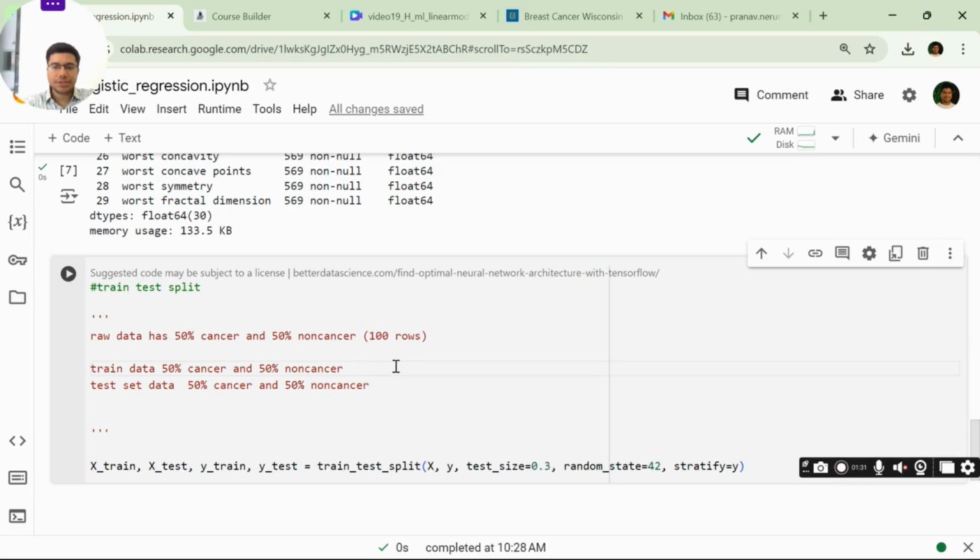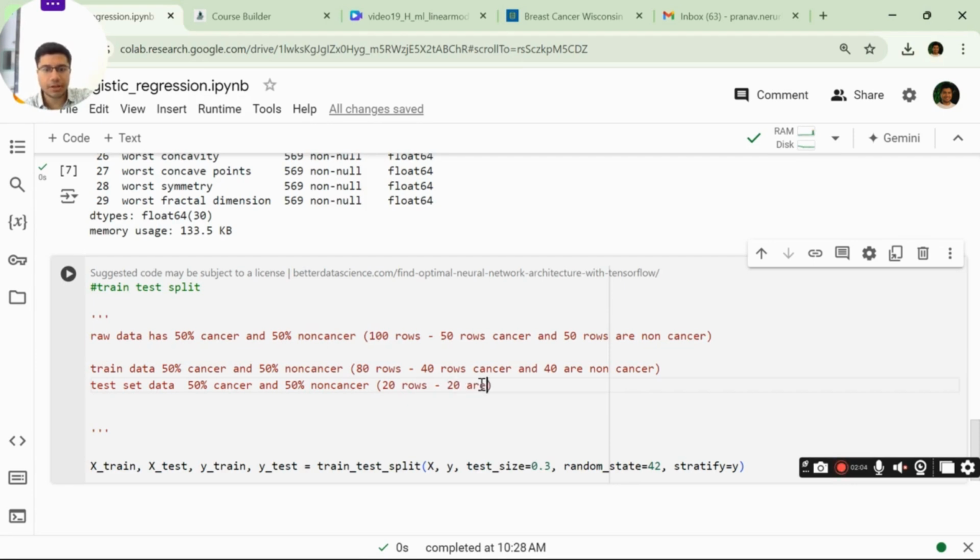The train set, which is 80%, will have 80 rows, and okay, out of this 100, let us say 50 rows are cancer and 50 rows are non-cancer. Then in these 80 rows, 40 rows are cancer and 40 are non-cancer. Similarly, the test set is the 20 rows left, where 10 are cancer and 10 are non-cancer.